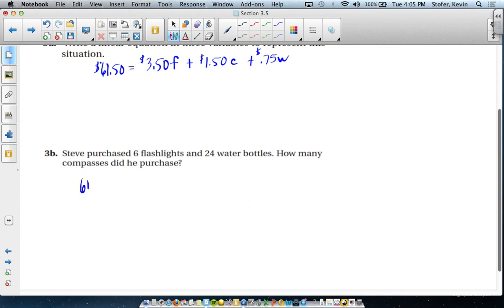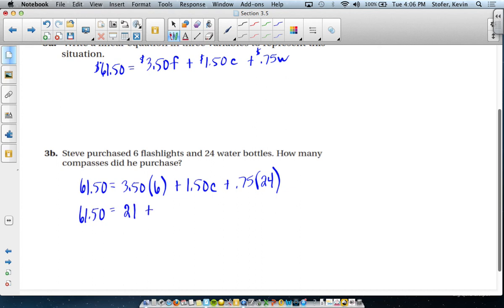Well, 61.50 is going to be equal to 3.50 times the number of flashlights he purchased, which was 6. Add to that $1.50 for each compass, which is what I'm trying to find, so I'll leave my variable as C, plus the number of water bottles, 75 cents per water bottle. In this case, that was 24. So after doing a little number crunching, I will have 61.50 will equal 21 plus 1.50 times C